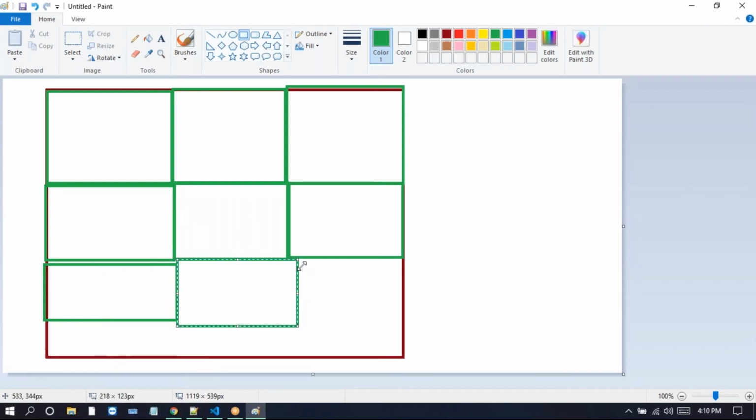So we need to design this calendar in HTML. We take a new program here, and I'll save it as calendar.html.